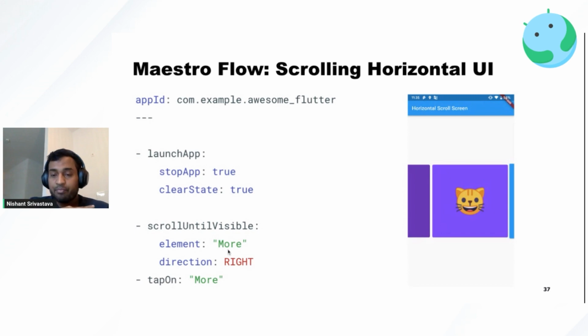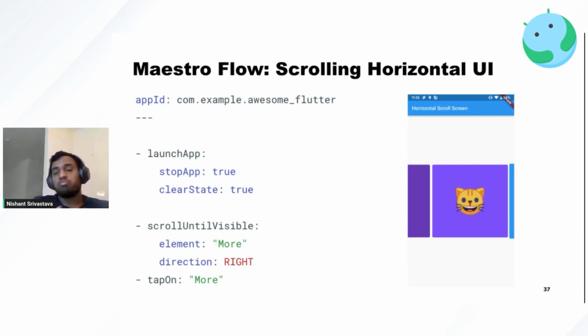So it will keep scrolling. This is another way of doing the same scroll thing that we did with repeat. You just have a much better defined helper style of doing this thing. What's unique in this version though is that you are scrolling until the more element is visible, but also I'm able to specify the direction. So in this case, I'm saying you're going from right to left. So you're scrolling right to left, and that would move your horizontal list to the last point, which is the button called more. Tap more, and